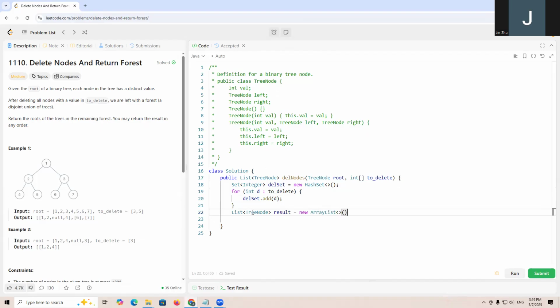Okay. And we know this DFS needs to return result, so we're going to have a tree node result equals DFS root, delete set and the result, right? So